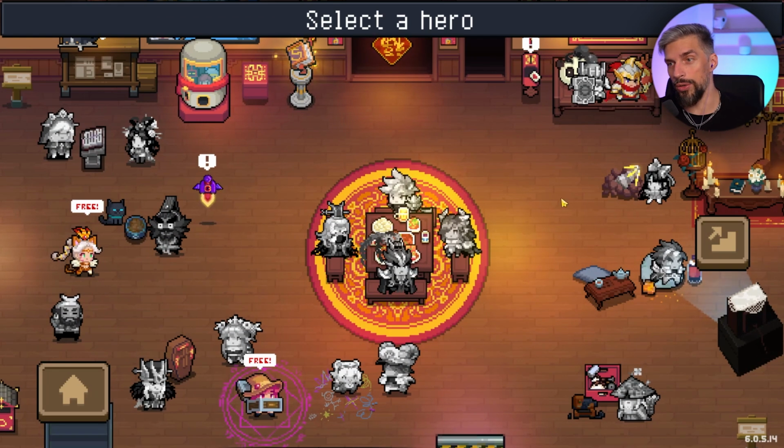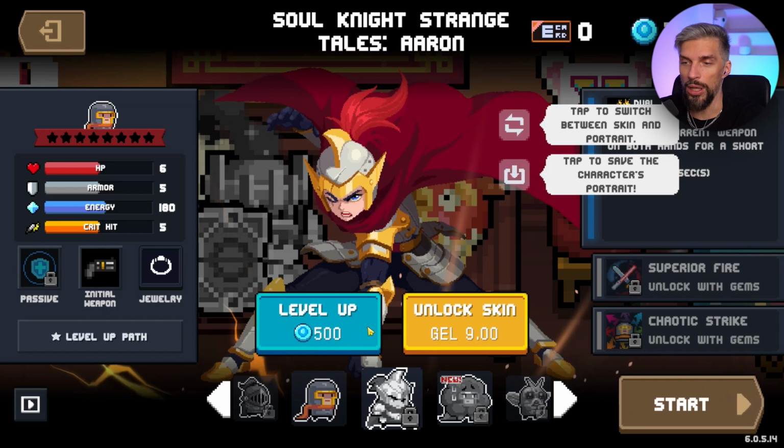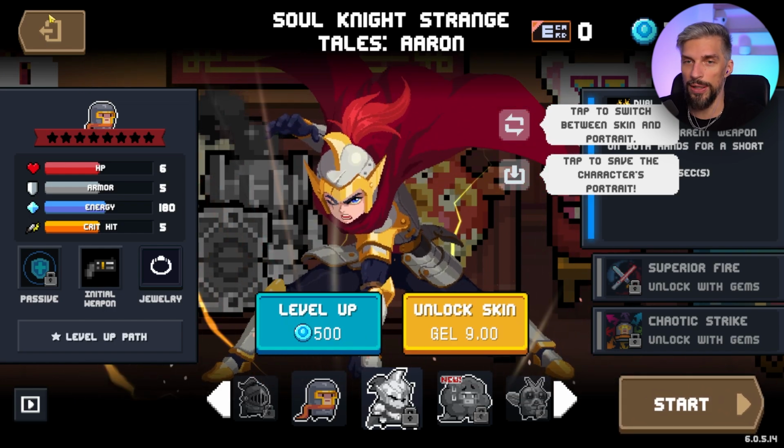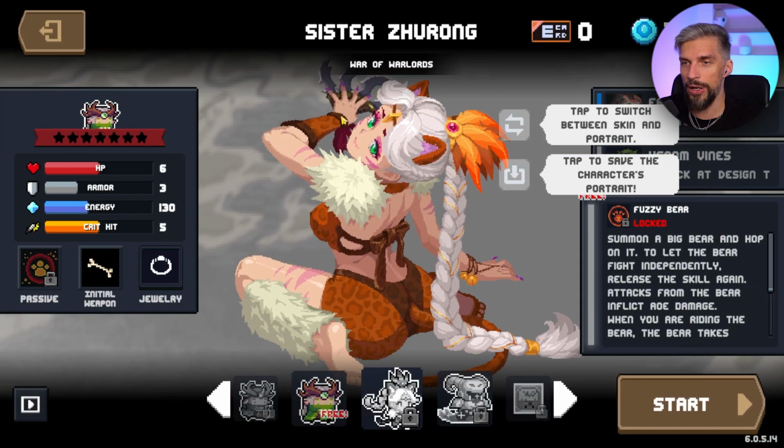Everything got so dark. But yeah, it's important to select the good heroes. And once again, you have a lot of different options here and you can try them all. It costs gems in order to level them up, and you will get gems as you play the game. There are some free options that you can...